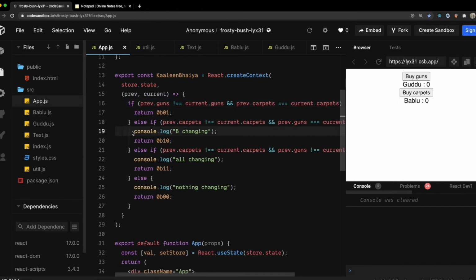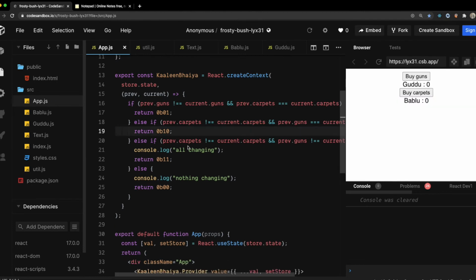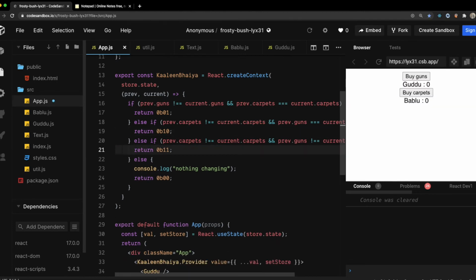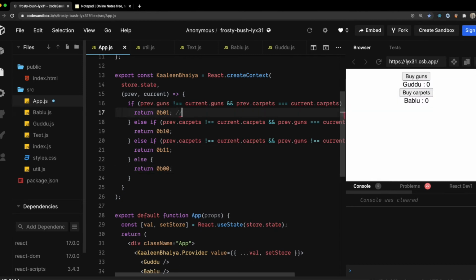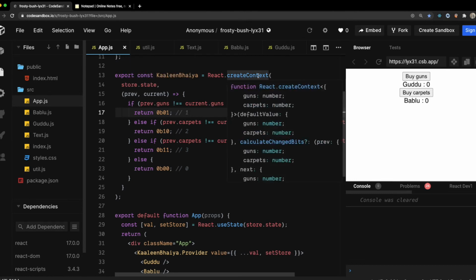So this means the carpets are changing, this means that everything is changing, both the carpets and guns, and this means that nothing is changing. In this case I'm returning a 1, in this case a 2, in this case a 3, and in this case a 0. 1 means the guns have changed, 2 means the carpets have changed. This function is called calculateChangedBits.